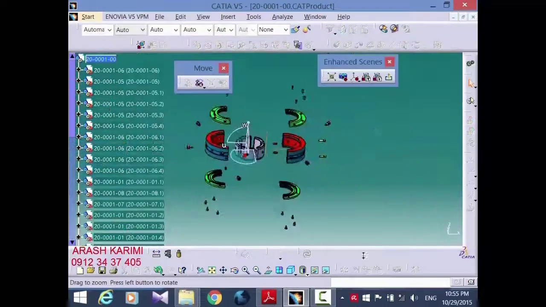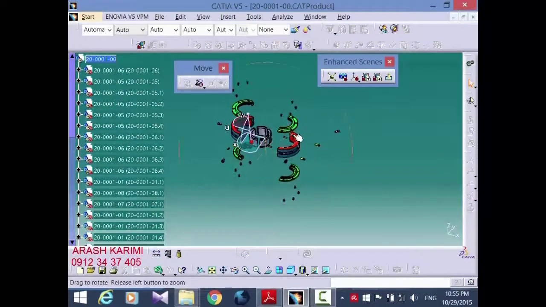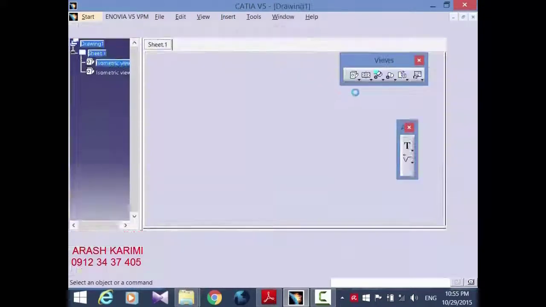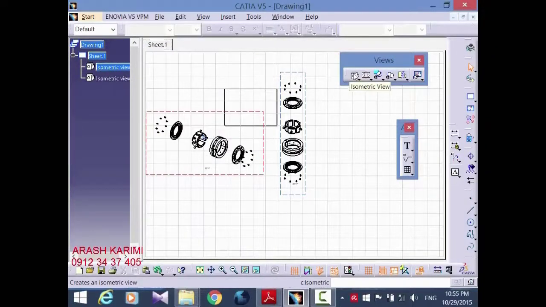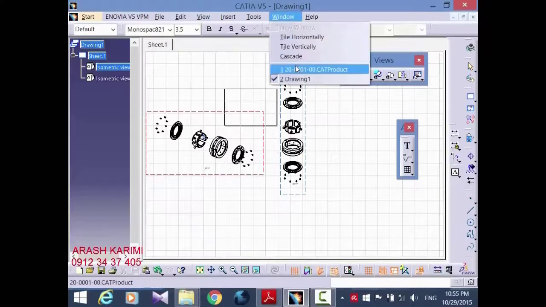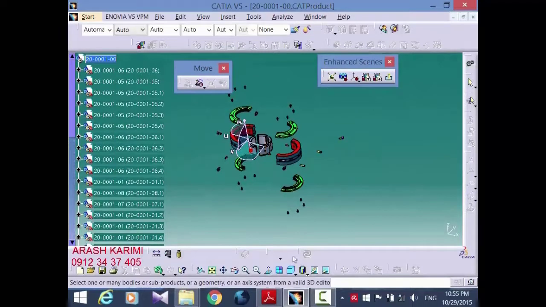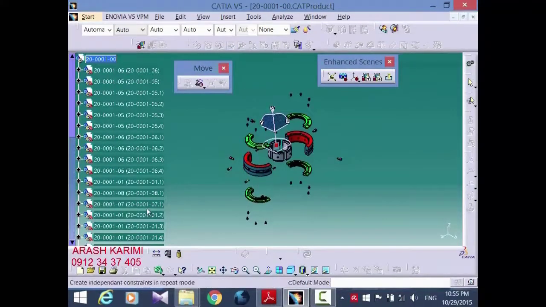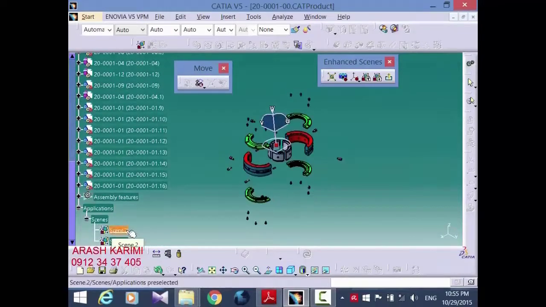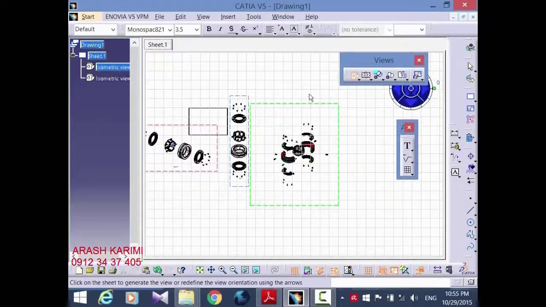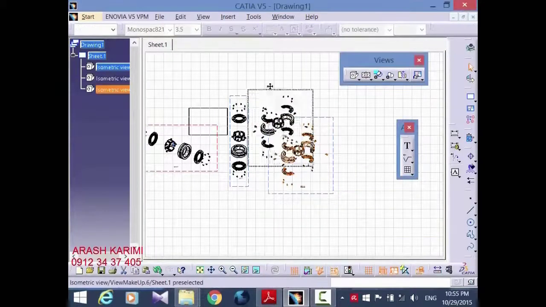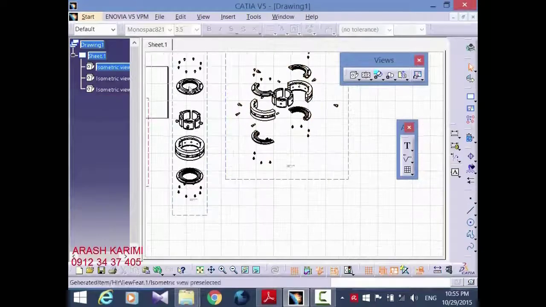I'm going to do it for the last time and have another isometric view, but this time I'm going to use a different scene. So the whole process again, but here instead of scene 3, I'm going to click on scene 2. Here in my tree, I click on it, then I click on one of the components, and there we go. Just like that, I can have as many isometric views as I want,